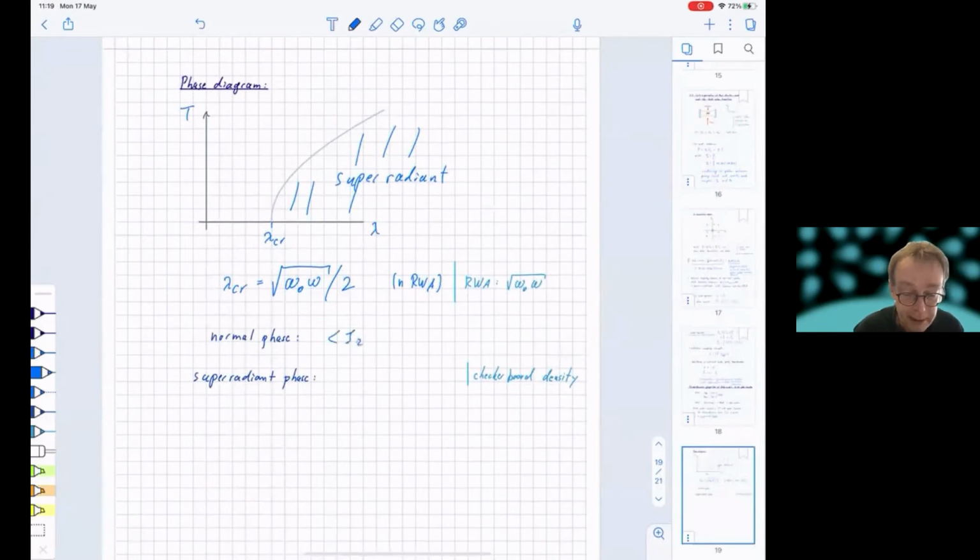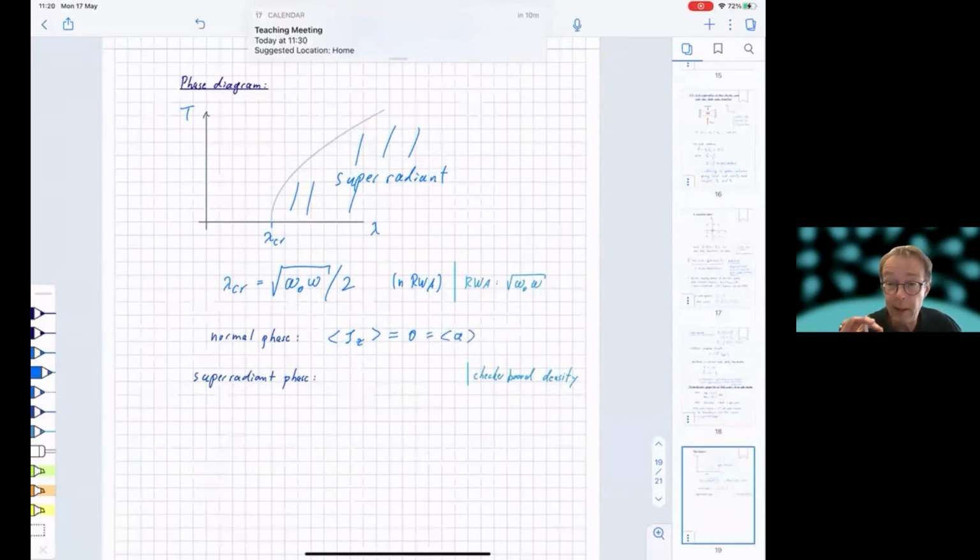And in the normal phase, Jz is 0, so you have population only in the ground state, and no light, no field. And in the superradiant phase, J plus plus J minus is unequal to 0. So you have a polarization, and the field is no longer 0. That is this phase transition. And now